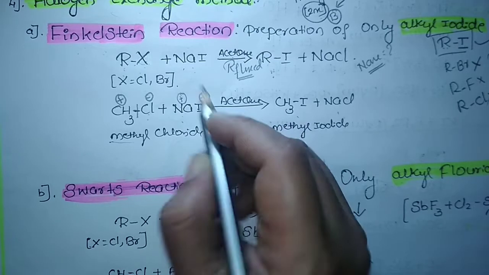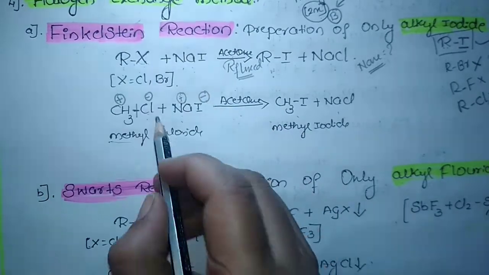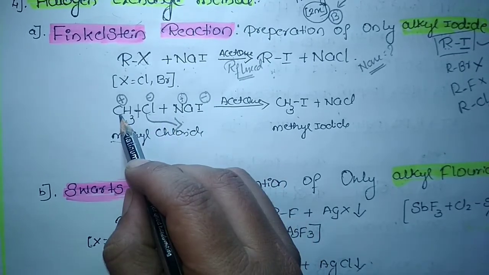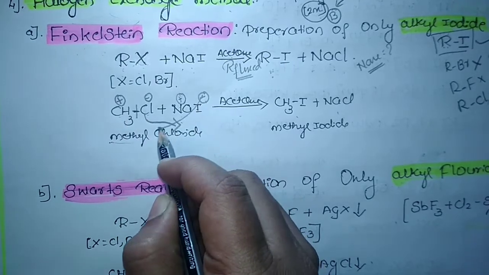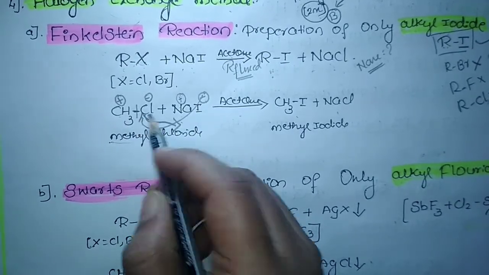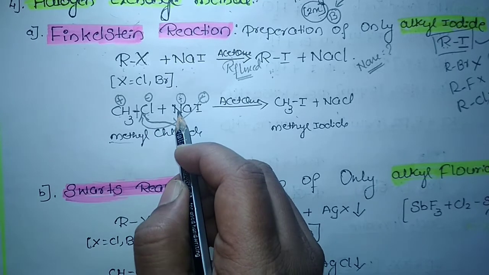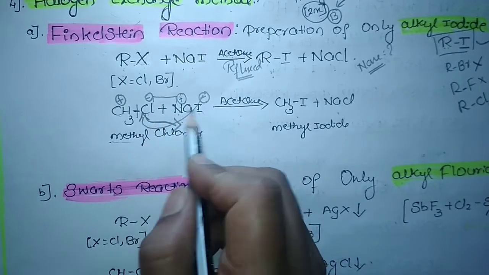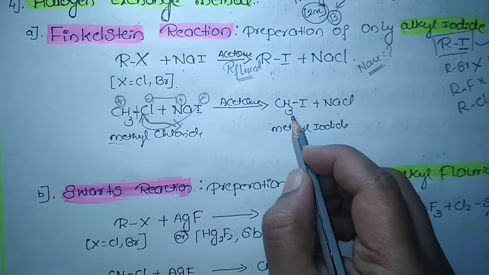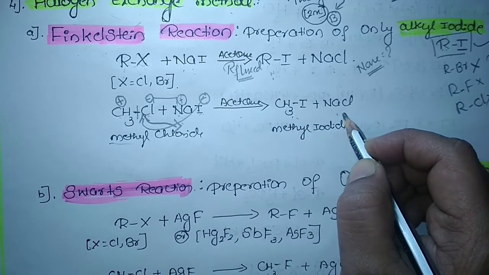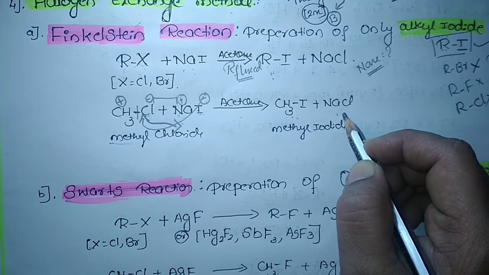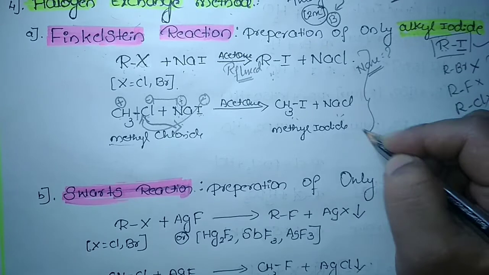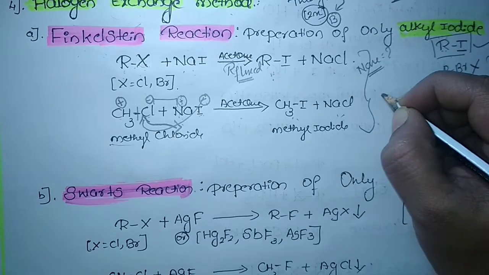Here we need to exchange the halogen. So the chloride will come out of the CH3 group, and the iodide will be substituted into that place. Since sodium is free, the sodium positive ion will form a bond with the chloride. So the halogen is exchanged to form the respective methyl iodide and sodium chloride. This is called the halogen exchange method, particularly the Finkelstein reaction. And the mechanism of the reaction, this is where the CET question will appear.